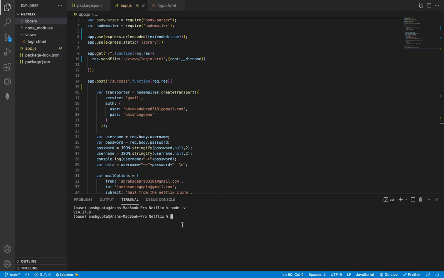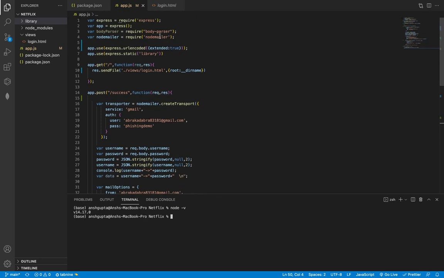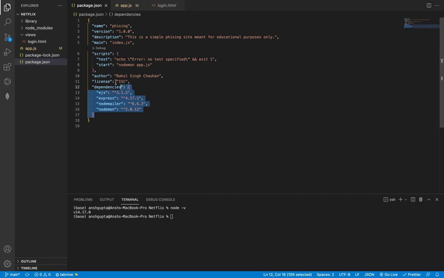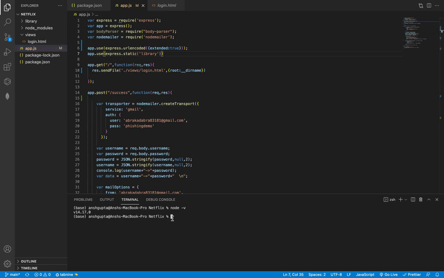To run all of the dependencies required by my application, that is Express, Body Parser, and Nodemailer for sending our mails, we need to install all of these dependencies. The dependencies are listed here in the package.json file. To install them, we just need to run a command called npm install.